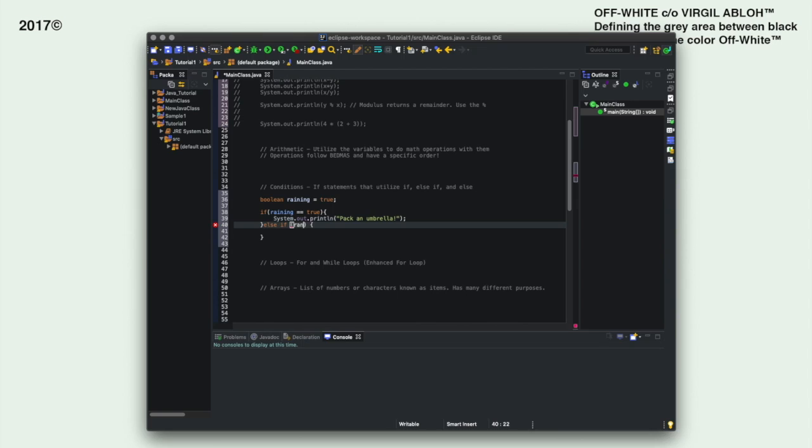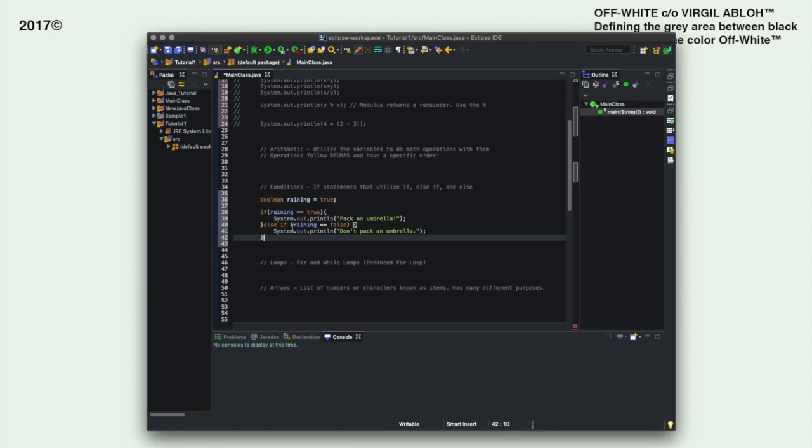So if raining is equal to false, and we spell that right first of all, then we write don't pack an umbrella. And if you're already familiar with programming languages, you'll know that this isn't good code, because